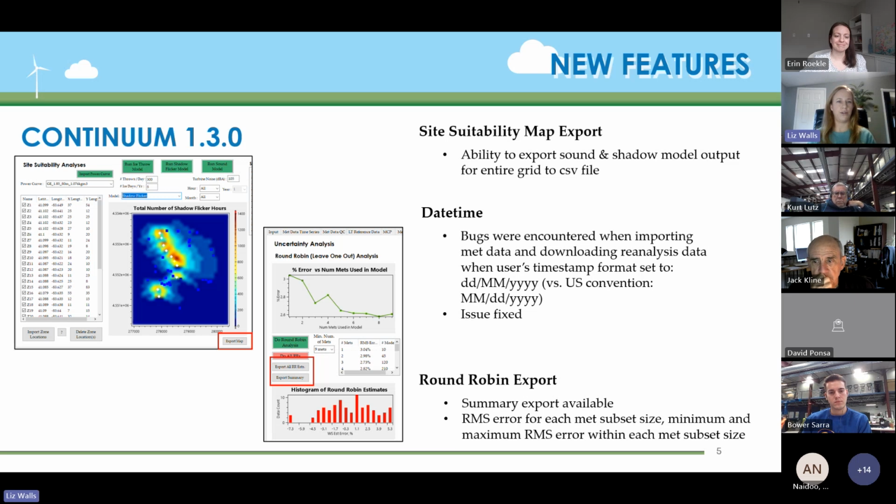Next is an update to the round robin export. This is a screenshot of the uncertainty analysis tab on the side where the round robin analysis is done. Before, we only had the option to download essentially the full export, showing the details of all the different round robin wind speed estimate errors. But what we have now is